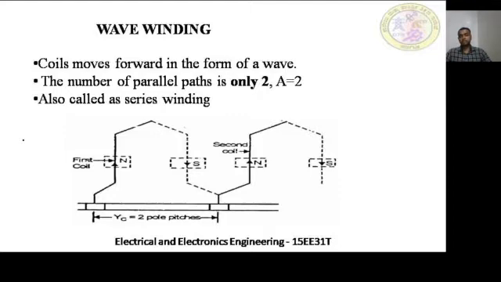It keeps moving in the forward direction. If there was a third coil, it would be connected again, the coil side with the commutator segment. So it keeps on moving forward, getting added, everything moving in the forward direction. Hence, the name for wave winding is series winding. In the case of lap winding, it's called parallel winding, but in wave winding, it's a series winding. It will always be connected one to the adjacent one, moving forward, just like a chain link. Hence it is called series winding.